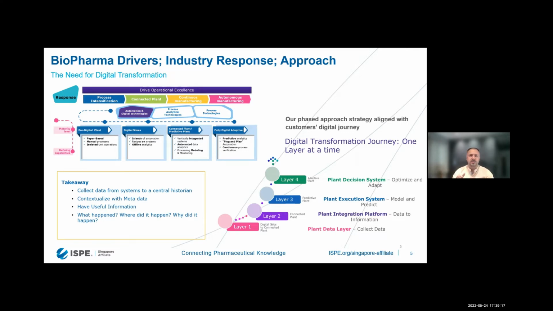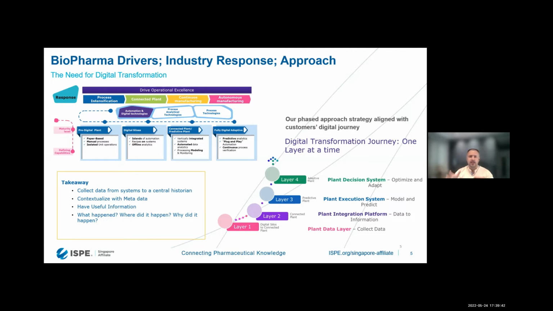Again, we cannot do this alone, right? We have to partner with different organizations, try to understand what their needs are, and then based upon what we learn, we are coming up with different solutions. So I won't repeat what I mentioned about the digital plant maturity model, but the key takeaway